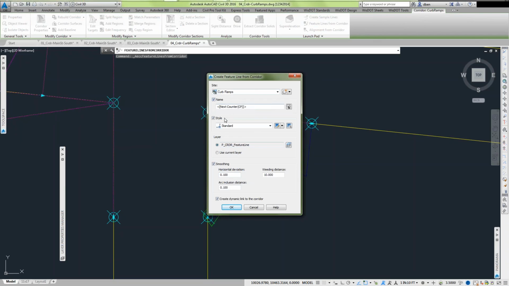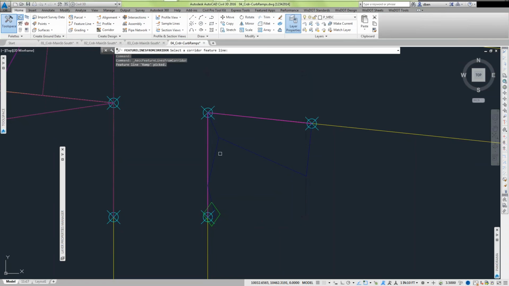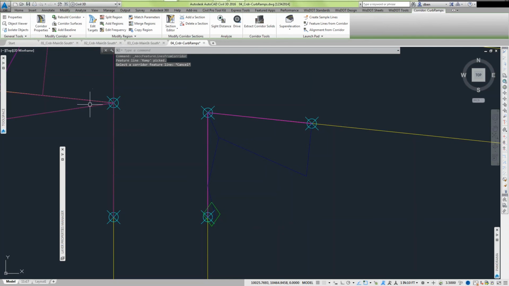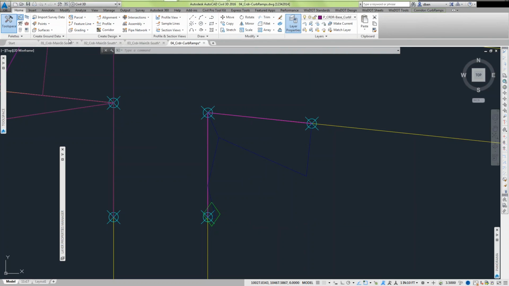We can give it a name. Style is optional. Layer's fine. We don't need smoothing, but this is key here: create dynamic link to corridor. We pick OK. So now this feature line is dynamically linked to the corridor. So again, as it goes up or down, this will go with it. And then using the grading tools,